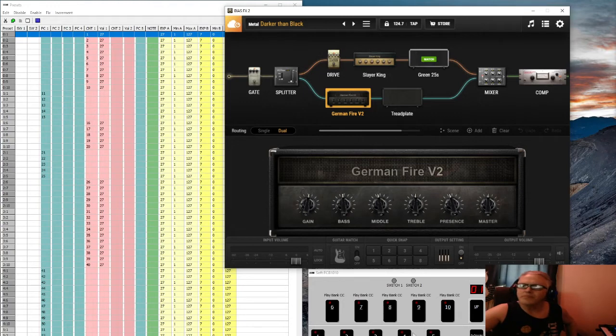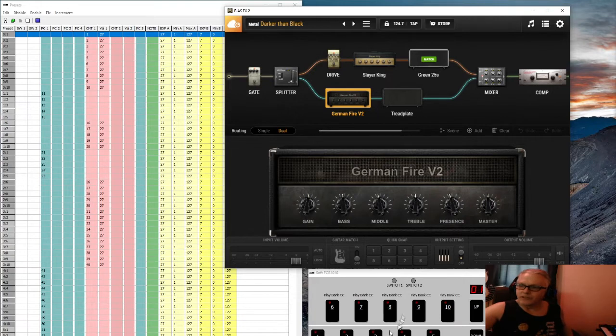I'm not going to bother setting up the rest of these. I'm just giving you an idea of what you have to do to use program changes down here and use your CCs up here. You don't have to do it that way. That's how I chose to do it, because if I had to remember that I had a program change here, a CC here, a program change there, a CC there, when